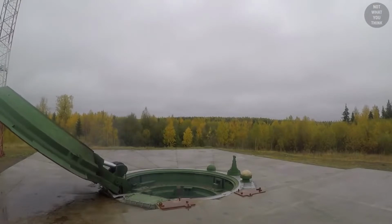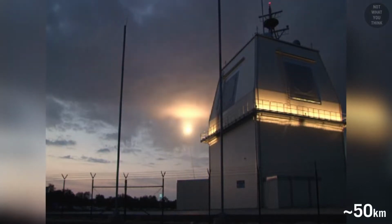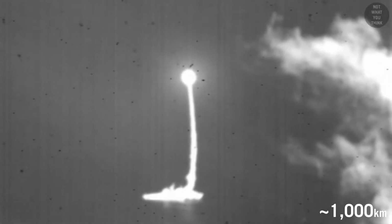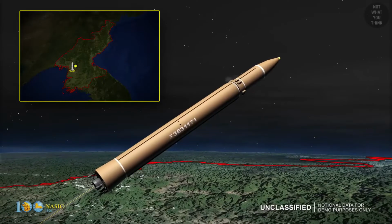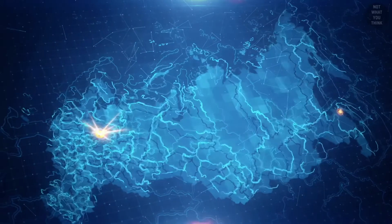The interceptors would have to be launched from a relatively close location to the ICBM's launch site, which would make it vulnerable to attack itself. Some say that the lower bound is 30 miles and the upper bound is 620 miles downrange. Regardless, this is a big issue. It may work in case of intercepting a rocket launched from North Korea, but not if launched from the middle